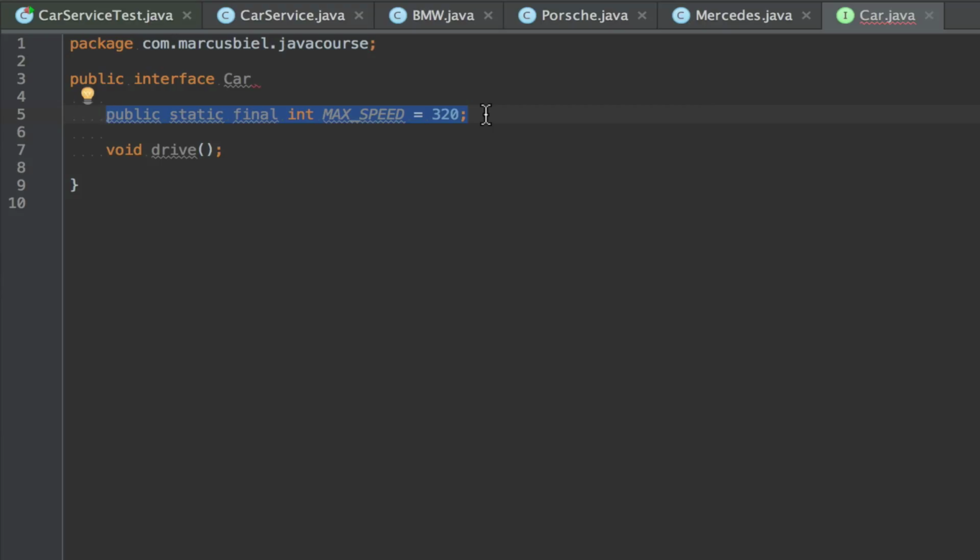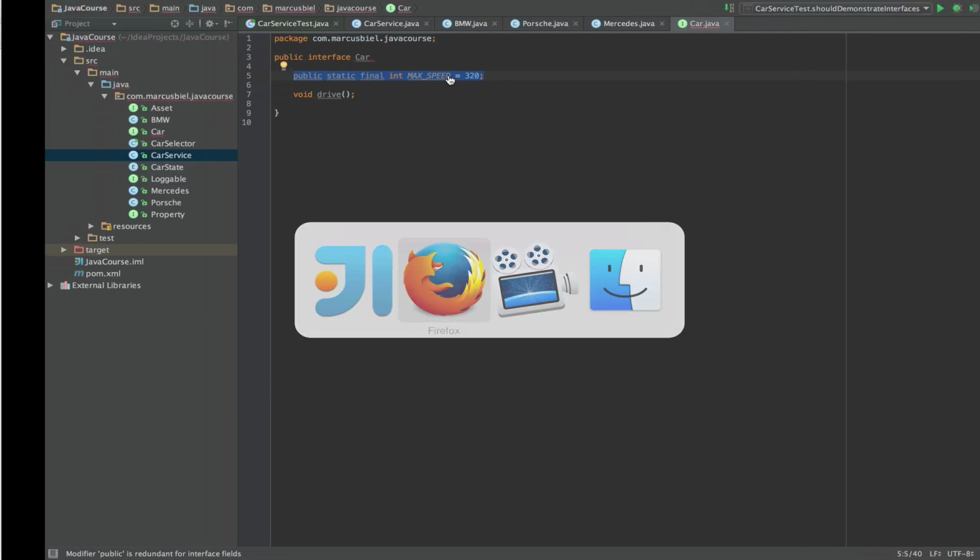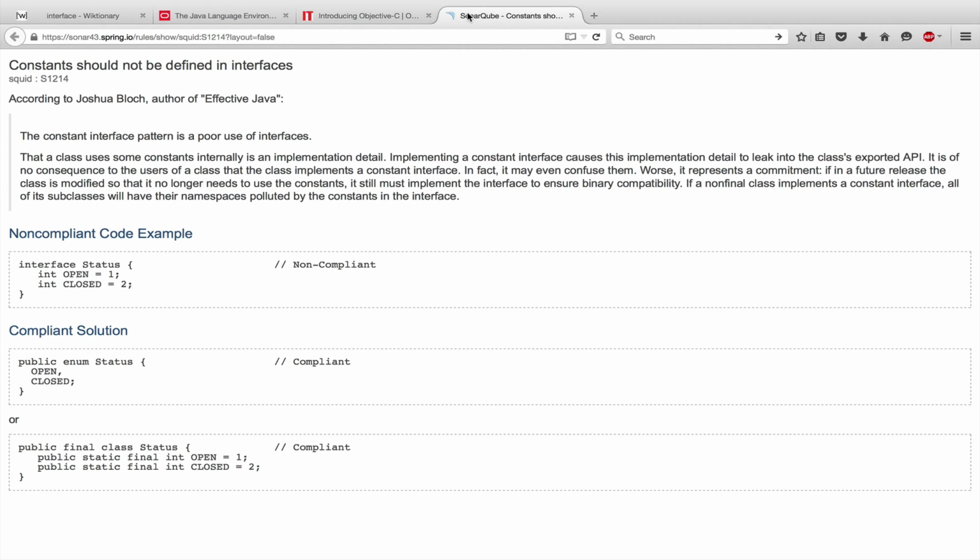About this, let me also shortly show you a little page I found on the web, and this is here. It is on the page of Sonar. Well, actually it's called SonarQube. SonarQube is really a very cool tool. It's actually one of my favorite tools for static code quality analysis. I'm pretty sure very soon I'll do an episode on SonarQube alone. For now, let me keep this as short as possible, because we still want to talk about interfaces.